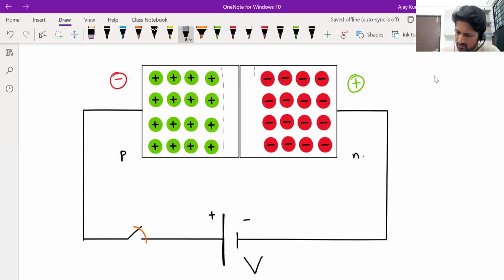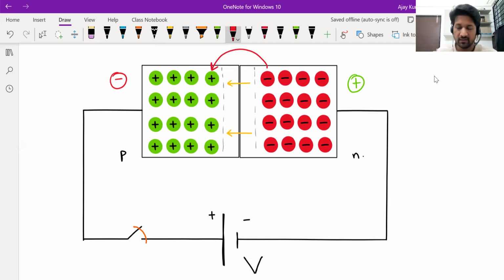Now there is a very weak electric field. Conduction electrons will now be relatively easily able to jump over the potential barrier and go to the